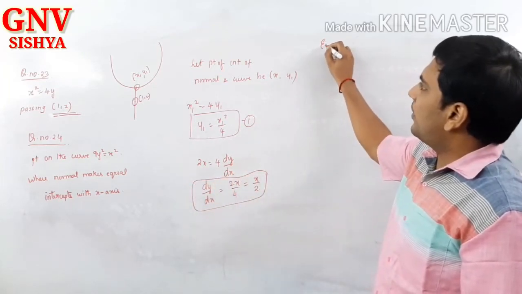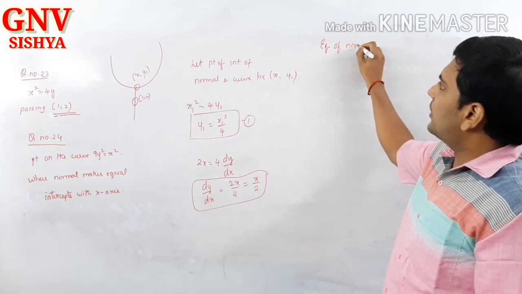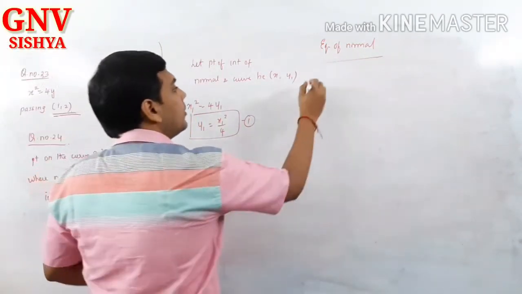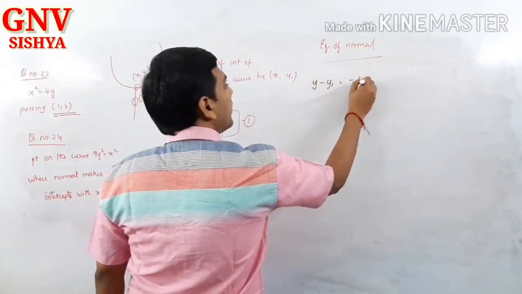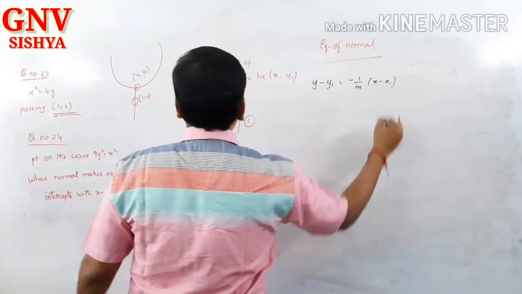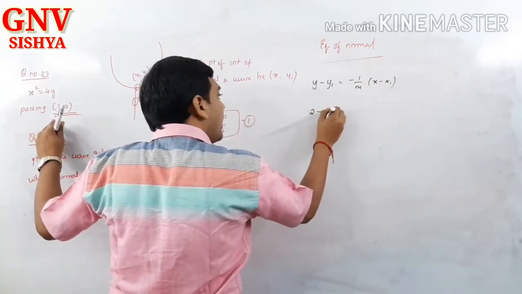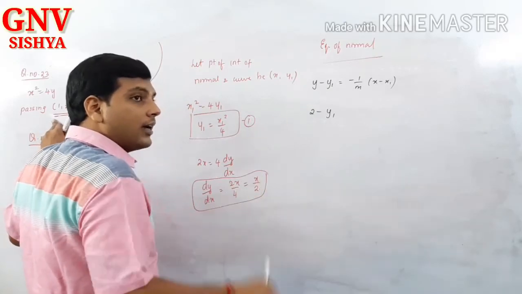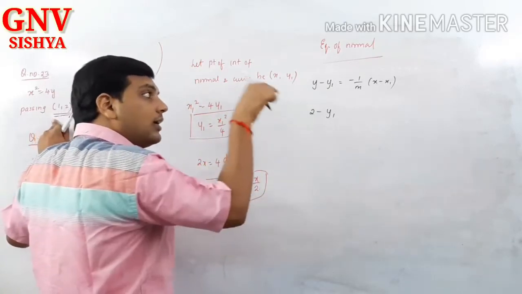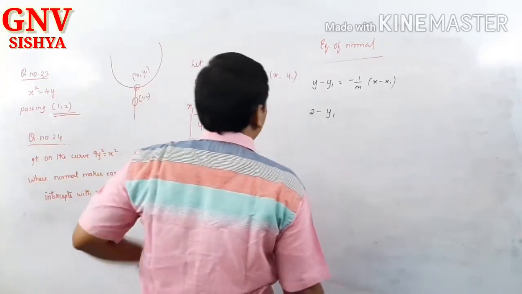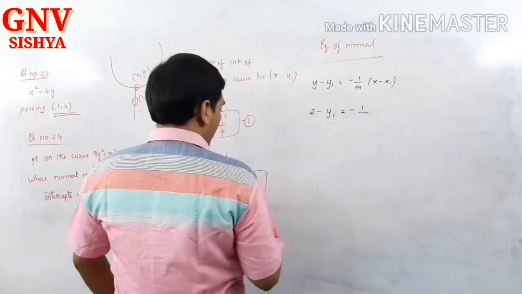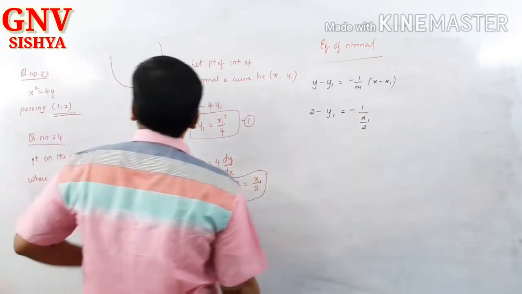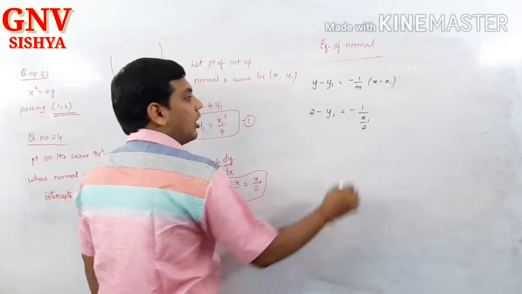Now the equation of the normal. What will be the equation of the normal, Kana? Can you tell me the formula? y minus y1 is equal to m into x minus x1. Correct? Sorry, minus 1 by m into x minus x1. Now the point is given here. That point should be substituted in y and x because it is lying on the normal, not on the curve. But x1, y1 is the point lying on both the normal and the curve, the intersection point. Correct? So you have to be very careful, Kana. And this one is x1 by 2. This one you can also write as x1 by 2 because it is also the slope at the point, right?